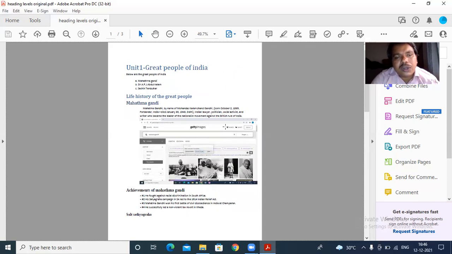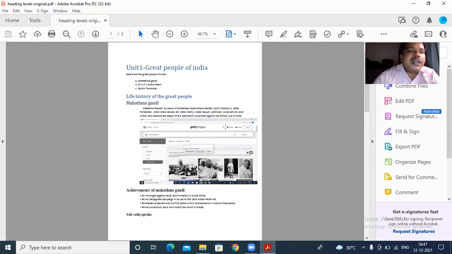So I'm going to press the alphanumerical key 7. A piano sound is coming. Why? Because 7 is not available after 6. No number has been given to set heading levels beyond that. The limitation of setting the heading level is up to heading level 6. I'm going to press 7 again. I'm going to press 8. I'm going to press 9. I'm going to press 0. Nothing will happen. So the limitation of setting the heading level is up to level 6.